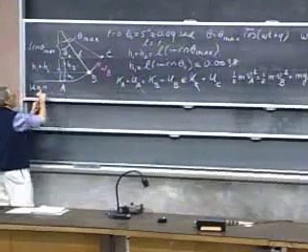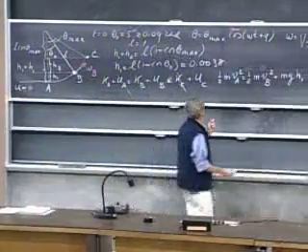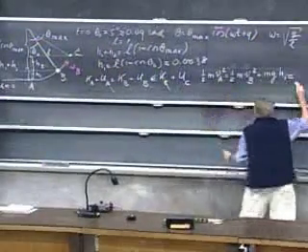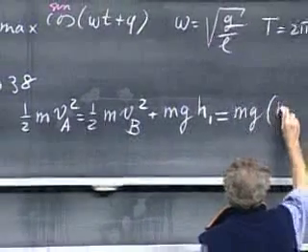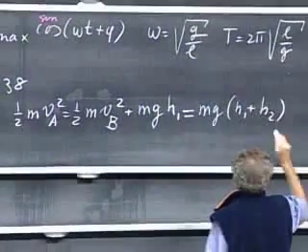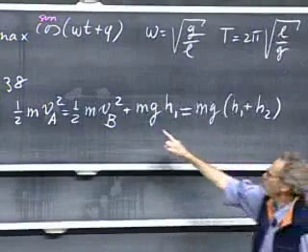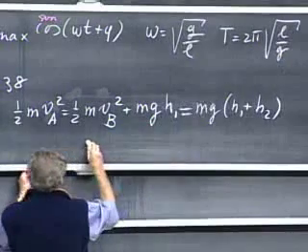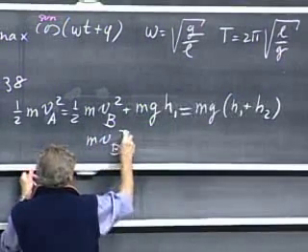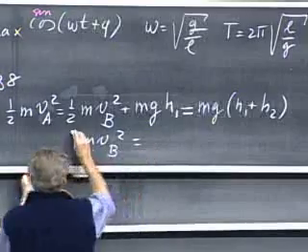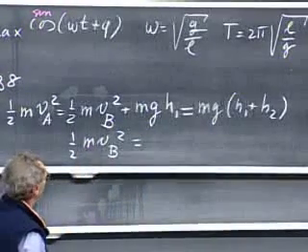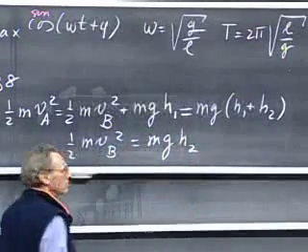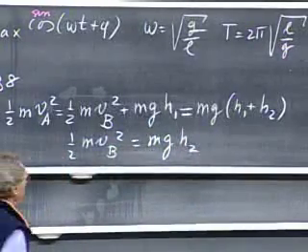It's higher than this point A, vertical separation h1, and that equals the potential energy at point C, which is mg times h1 plus h2. And if you compare this part of the equation, you see that you lose mg h1, and so you'll find that m VB squared, I'll carry the 1/2 for now, we can still do that, equals mg times h2. And so you will find immediately h2